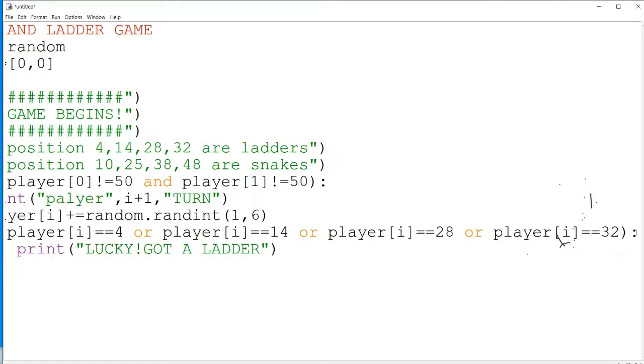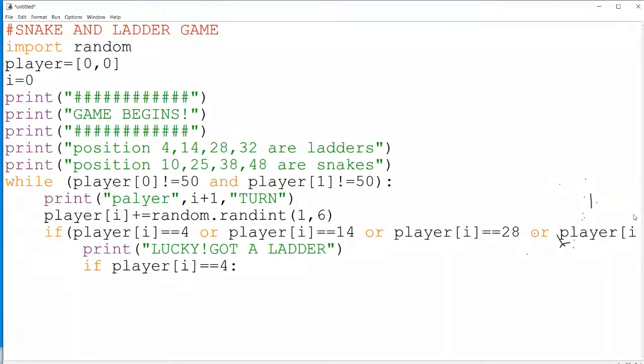The position must be updated based on the current location he is at. Either it may be 4. Suppose he is in the 4th position, if player of i is double equal to 4, then I need to move him.